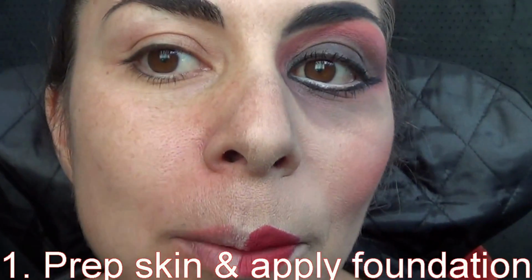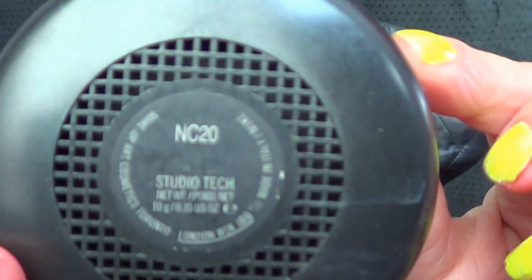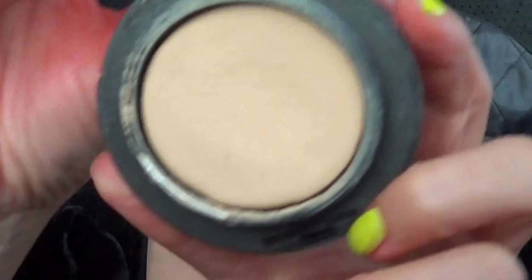Okay, so I've prepped my skin and done the foundation on one side. So today we're actually using a foundation. My skin tone is about a medium to darker in a MAC product. It's a NC42, and today I'm actually going to be using a NC20, and this is the Tech product, and this product is super creamy. It's quite old school. It's what we used to use on set for television,